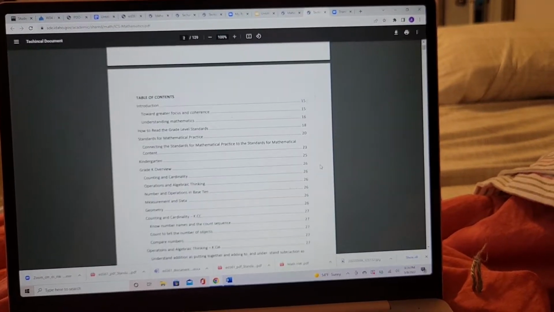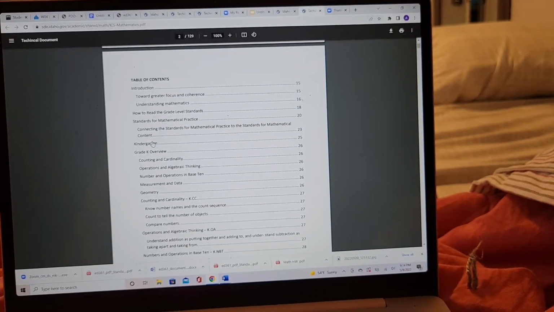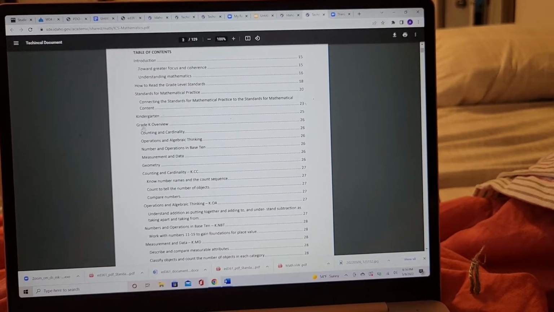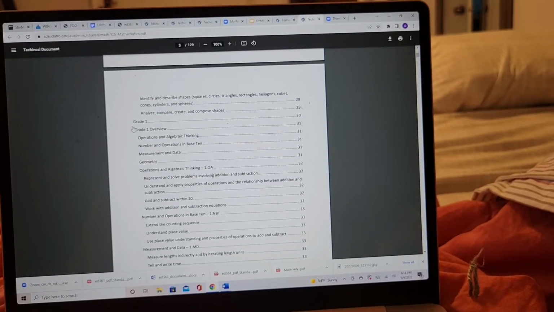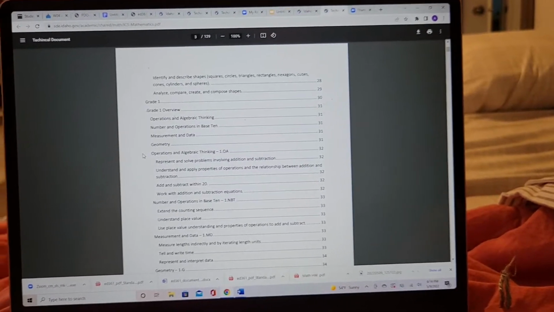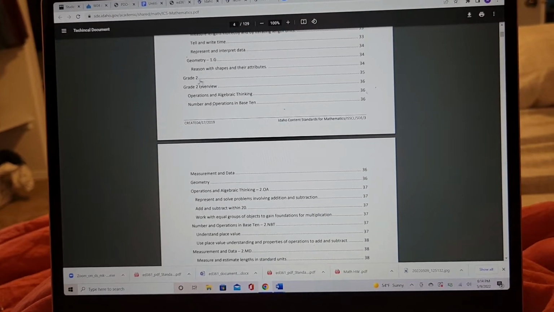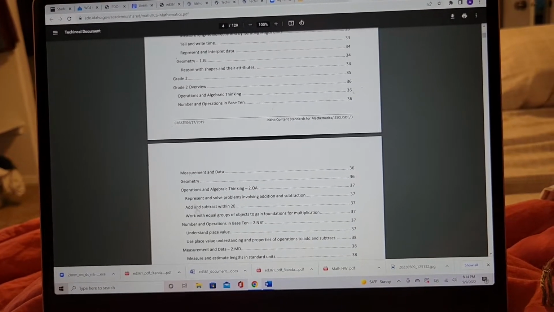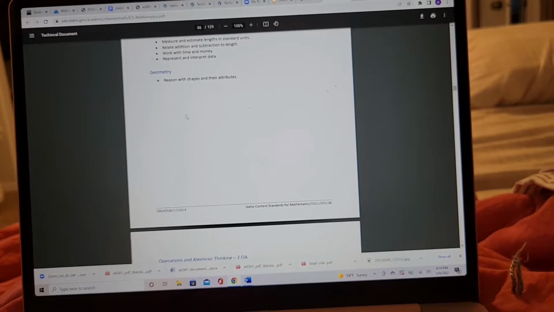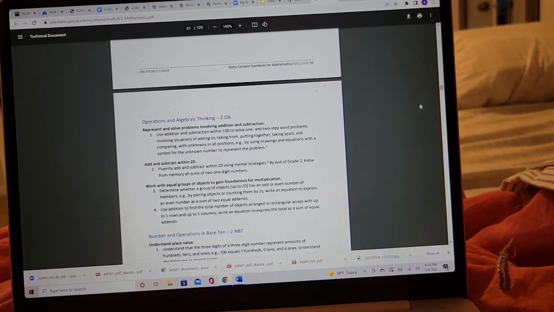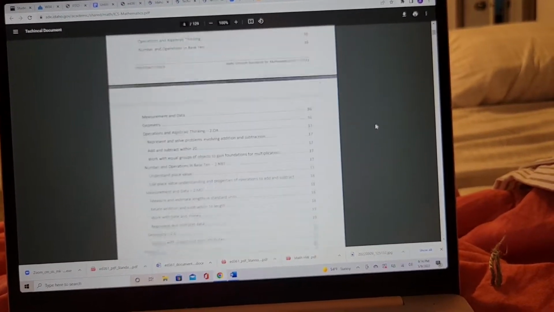But what I like about the online version is it has, like, here's the introduction right here. And then down it shows kindergarten and everything a kindergartner would need to know for math in that year. And then here's the first grade. I don't know if you can, hopefully you can see that. And then I am going to click on the second grade, but what I like about this is if I was to click on one of these topics, like say I wanted to learn about geometry, I would click there and it would give me the section for geometry. I can scroll back up and show you again, just so you get another idea.